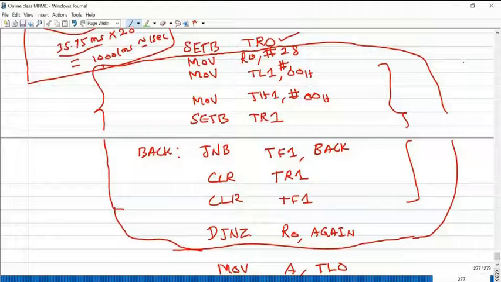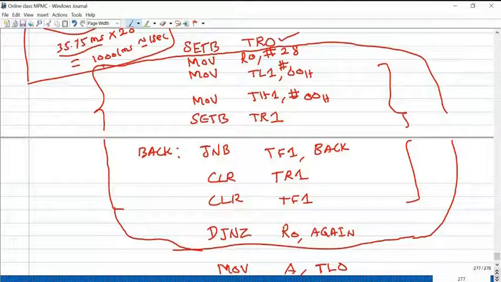Okay, 65536 multiplied by the time period of this 22 megahertz, that is 0.546 microsecond. Then you will get 35.75. So if we repeat the same procedure 28 times, then we will get almost 1001 milliseconds, which is almost equal to 1 second.